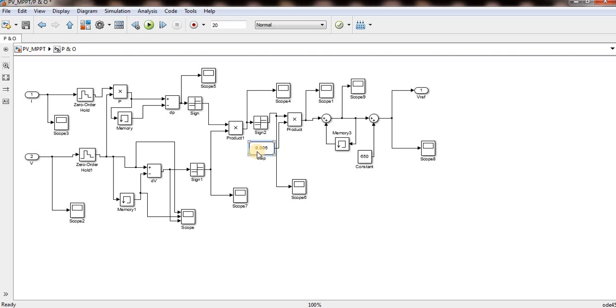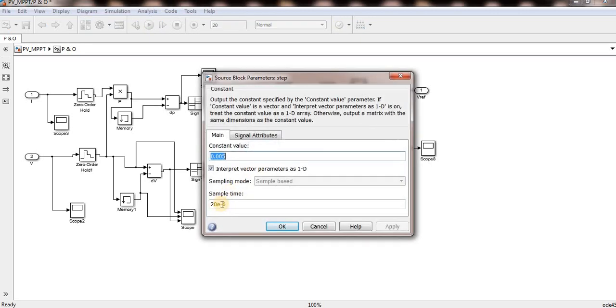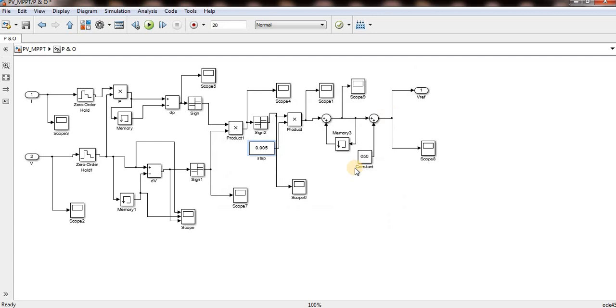I mean like 5 volts or 50 volts, or like this much it can take for 1 second, because the sample time is very small. So every sample time, every 20 e to the power minus 6, it can increase or decrease by 0.005. So once it is 1 second, let us assume 20 mega times, I mean 1 by 20 mega times, it can increase or decrease for 1 second.